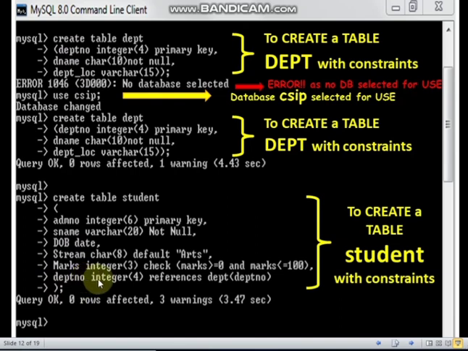So DEPT_NO, integer data type, size 4, references, the table name to which it is referring, and the column name to which it is referring. So this is how we create a table. Since this is your last column, don't give a comma over here, just end with the parenthesis and semicolon. Query OK, you will get the prompt.